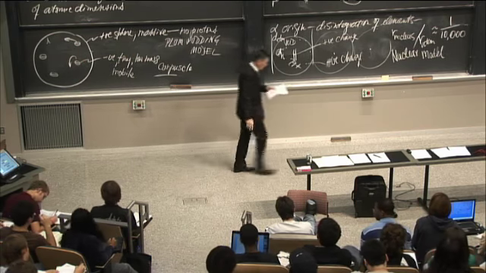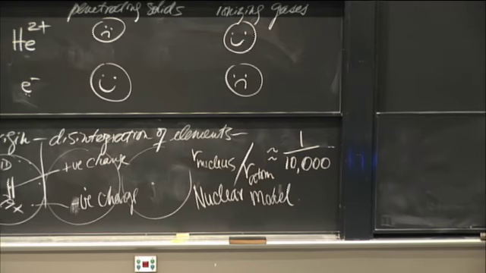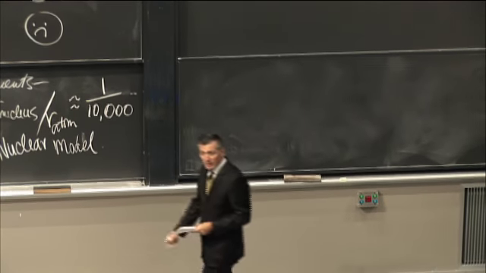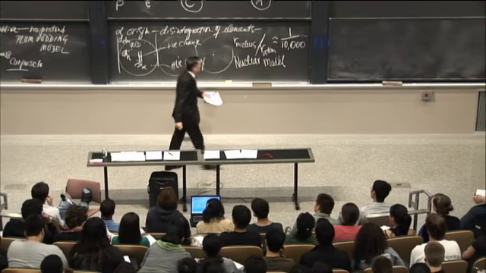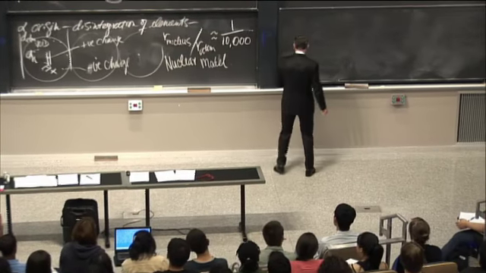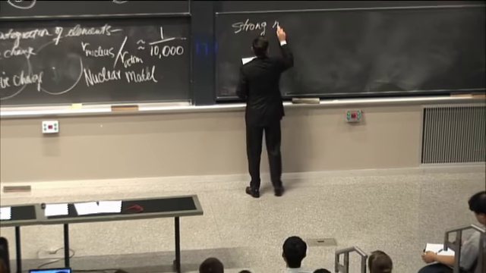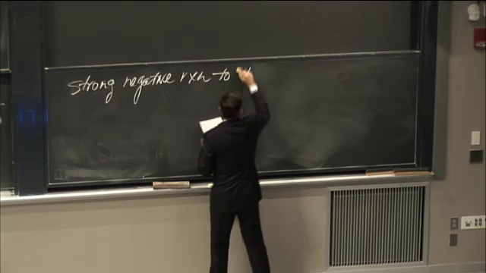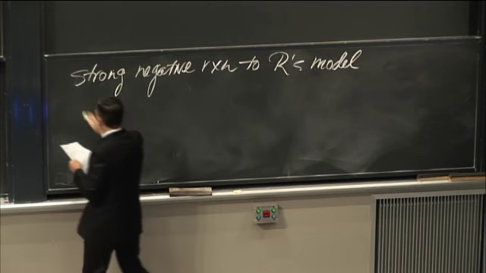So you'd think that the physics community would be ecstatic that now we've got a model that squares with the data. Well, what do you think the reaction to Rutherford's announcement was? Condemnation, derision. People didn't like it. They laughed at him. They said, well, this is crazy. There's a couple of problems with this. So, a strong negative reaction to Rutherford's model.